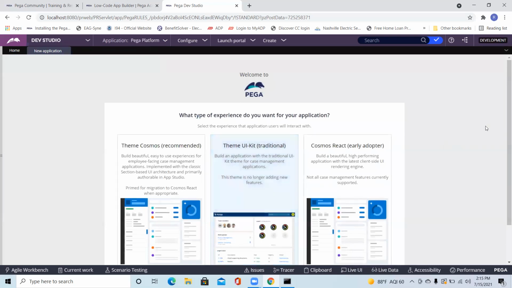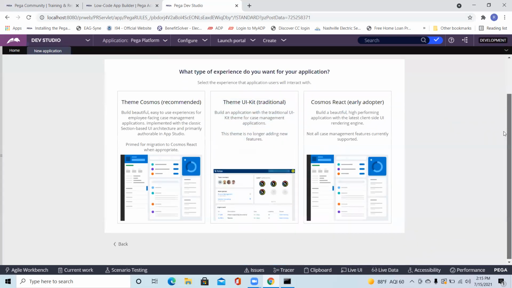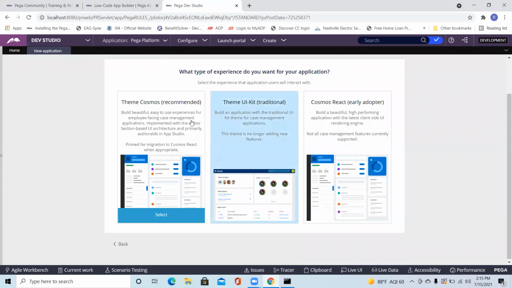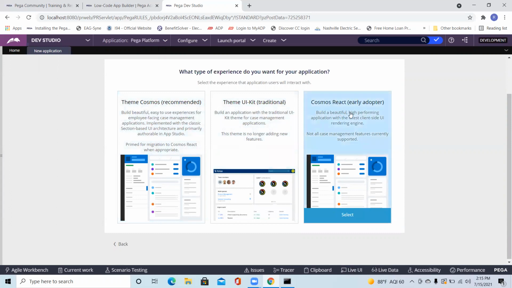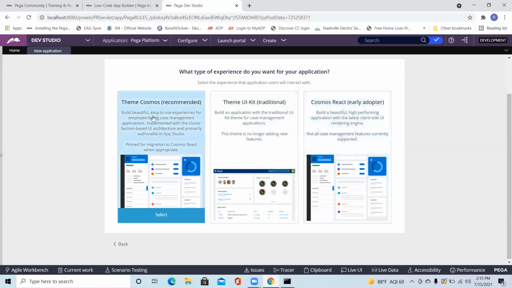It will ask you some questions. Earlier, only the UI kit was there. Now they have Cosmos UI, and Cosmos React is also there. So we will go with Cosmos.